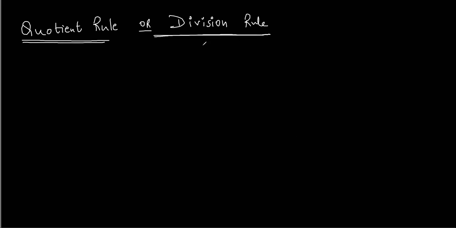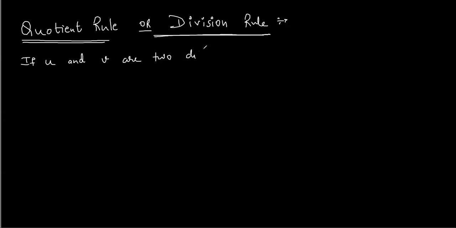That is, one function is divided by another function, then how do we differentiate? So the statement of the theorem: if u and v